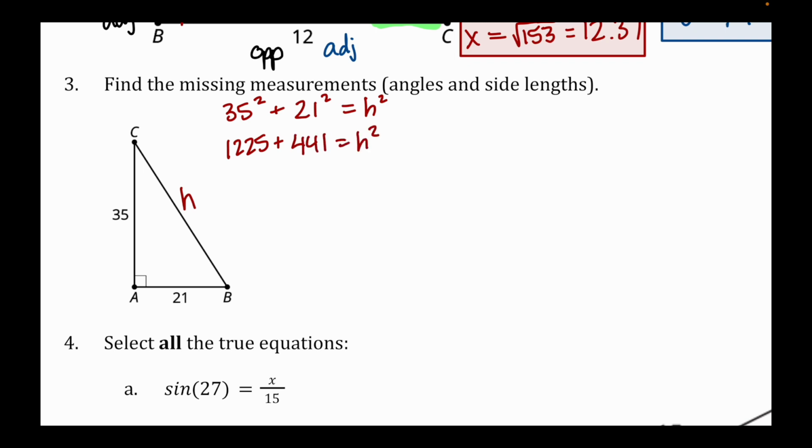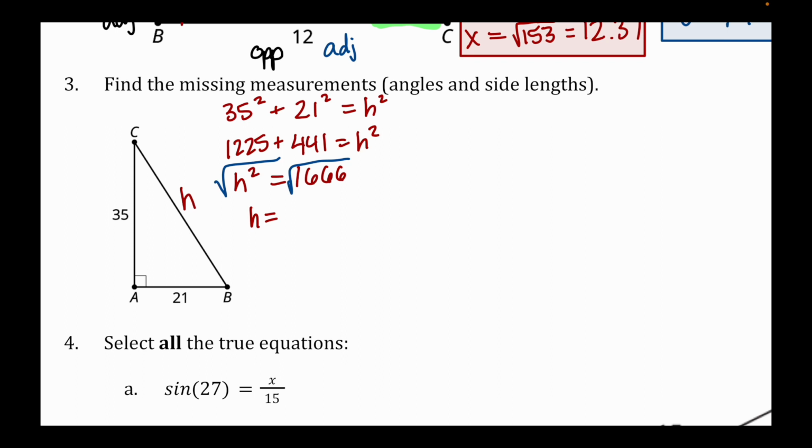I like to switch it around at this point so that I have h squared on the left, and then I'm just adding those two pieces together. So 441 plus 1,225 is going to give me 1,666. Then we're going to take the square root of both sides. That's actually the next step. So I try to show the next step in a different color if I can. And this is going to leave us with h is equal to